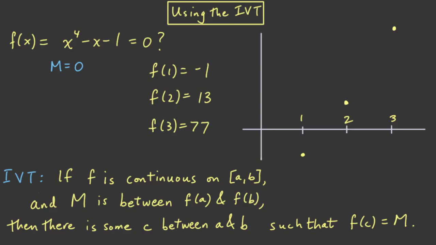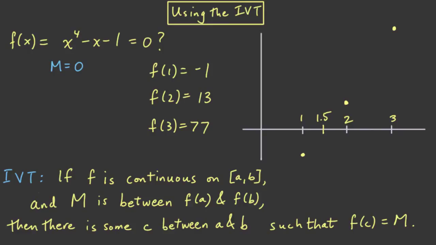If you wanted to pin down the location of a root even further, you could just repeat the process. You could plug in x equals 1.5, for instance, and just keep going. However, this is a pretty slow process. If you want to get things precise, you'll learn faster techniques like Newton's method a little later in the course.